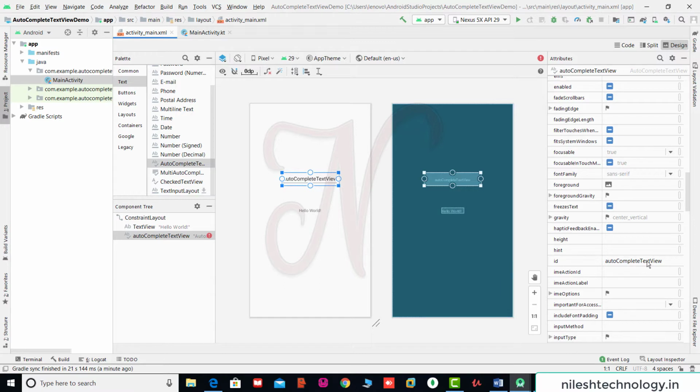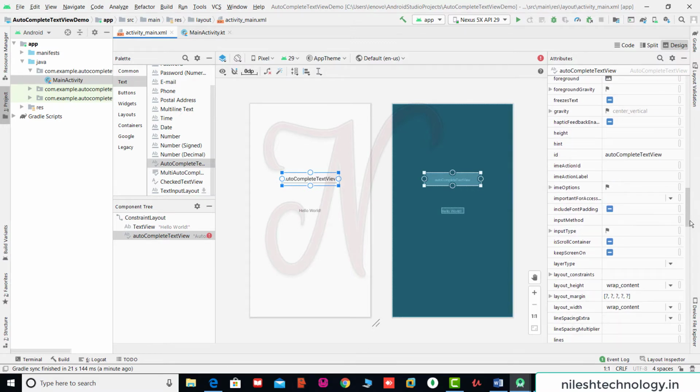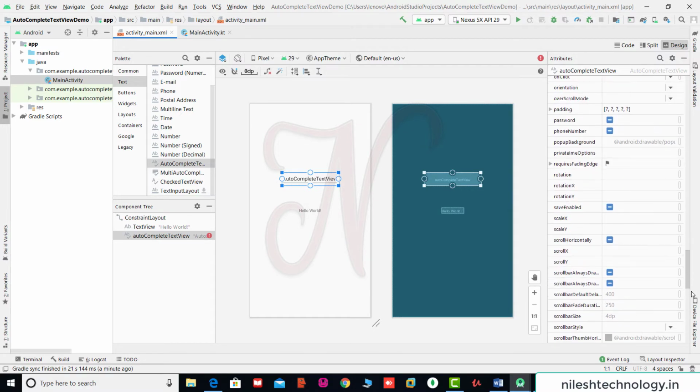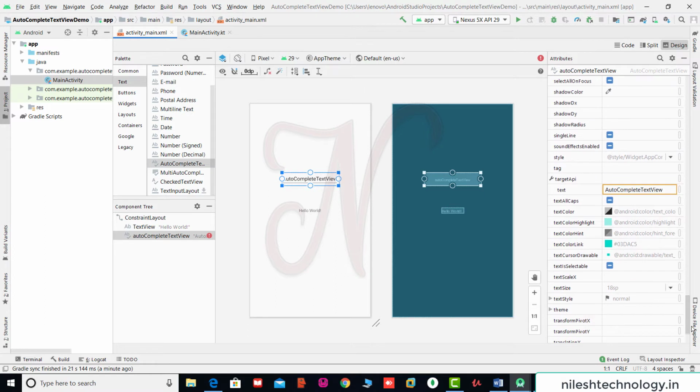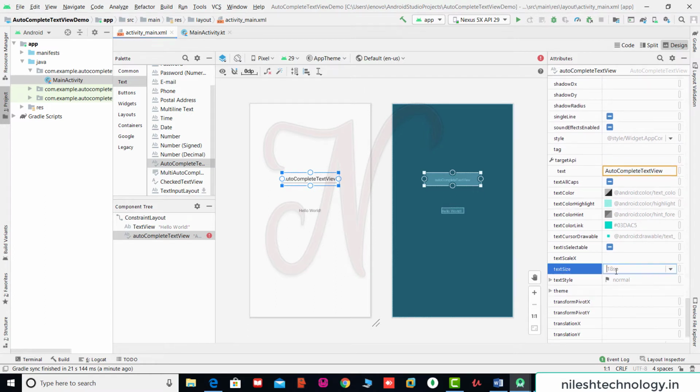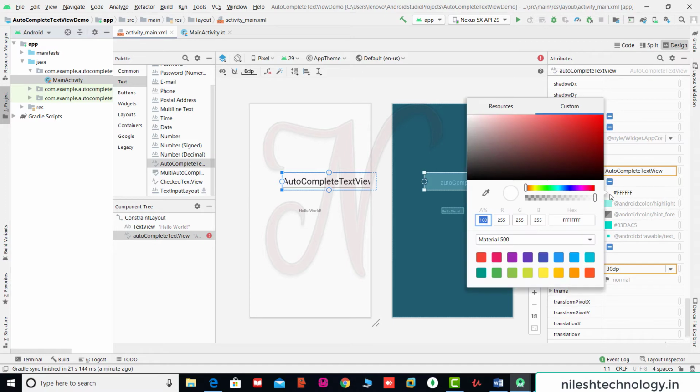Here we keep it as the default. Then set the text color and the text size. The text size is 30 dp and the text color, for example, red.